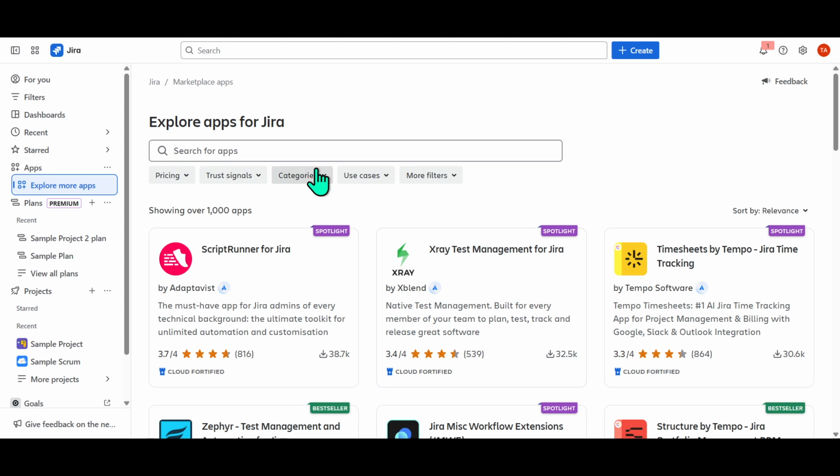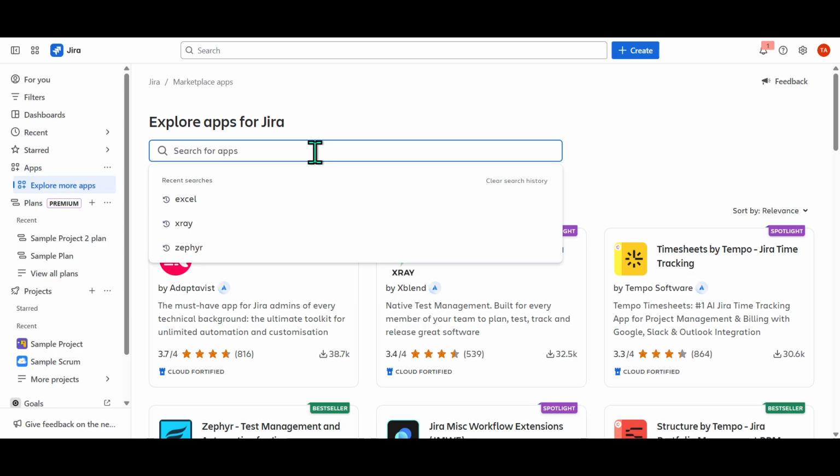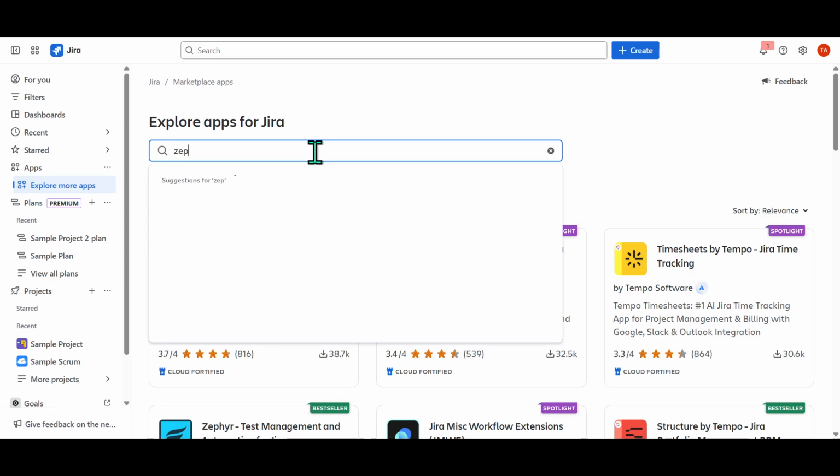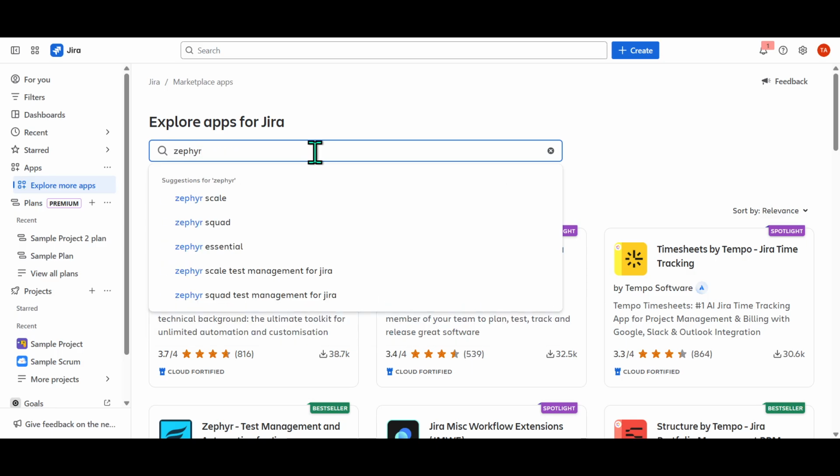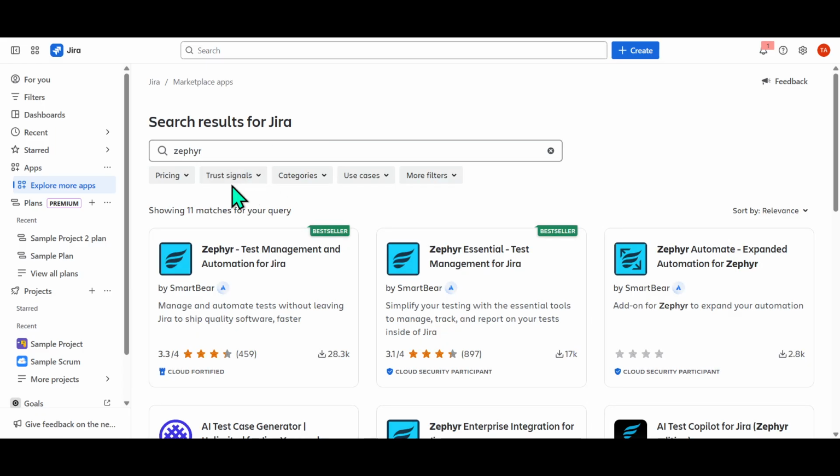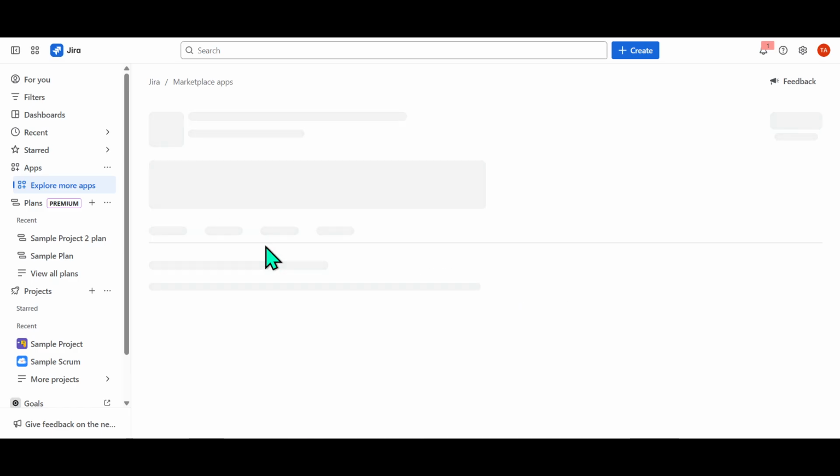In this library, you'll want to search for Zephyr. Simply type Zephyr into the search bar and hit Enter. You'll see Zephyr come up as a search result, bringing you access to its detailed app page. Click on Zephyr to open this page where you'll find an overview of its features and functionality. This page also includes reviews and feedback from other users, which can offer invaluable insights into how Zephyr might benefit